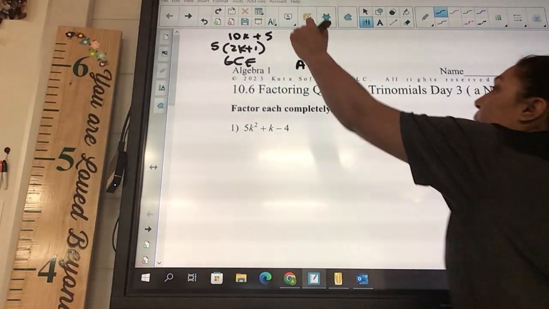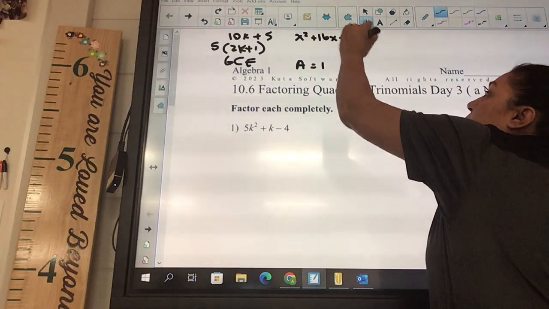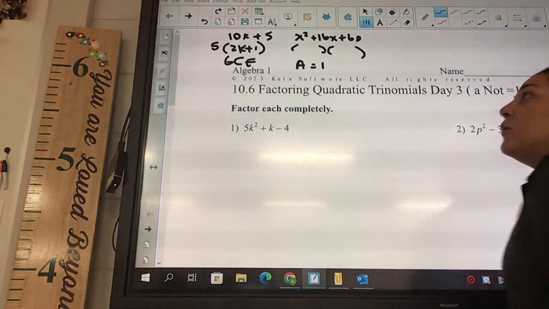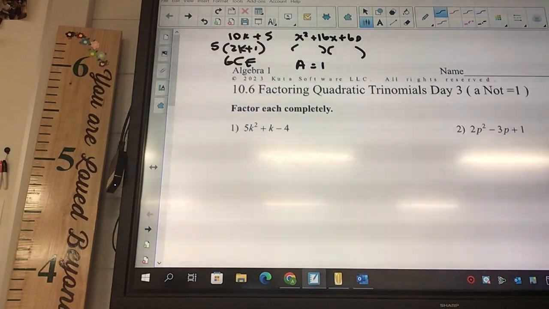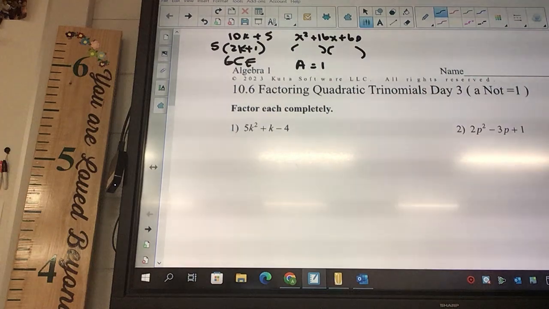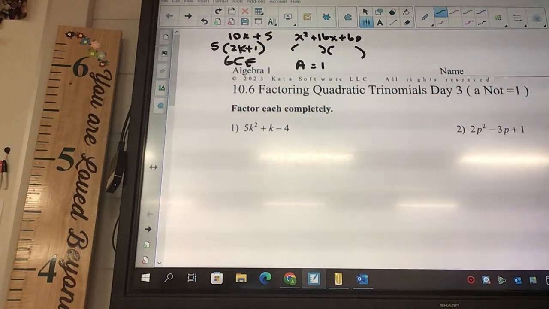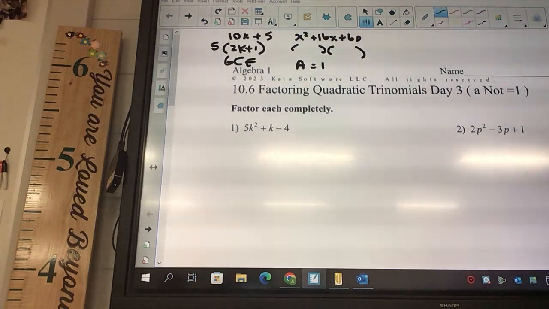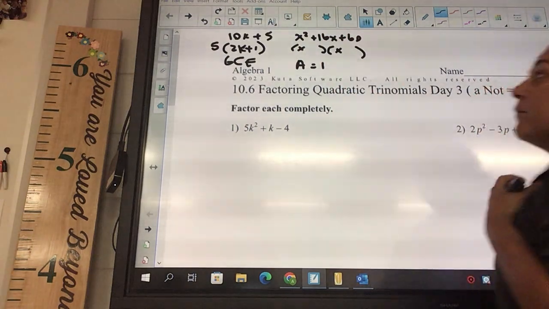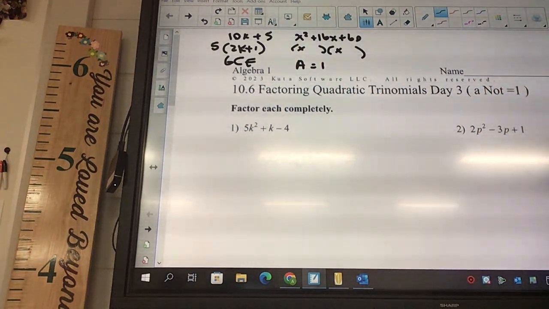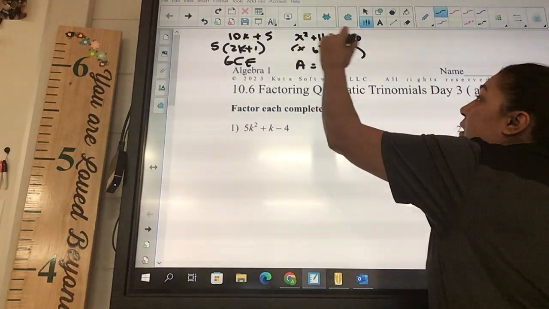Okay, so if you had something like this, x squared plus 16x plus 60, we drew our two parentheses, then what did we do? What did we do after that? We add the x's, and we made a list of what number? 60. Okay, and then that would give us 6 and 10, so we'd say 6 and 10